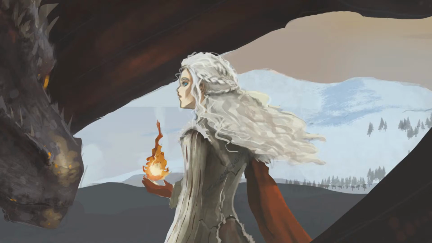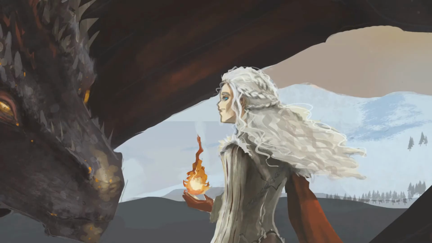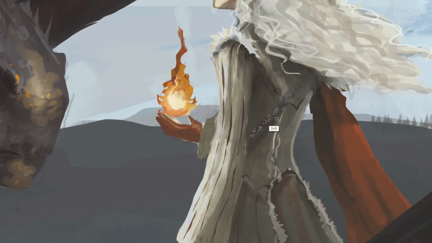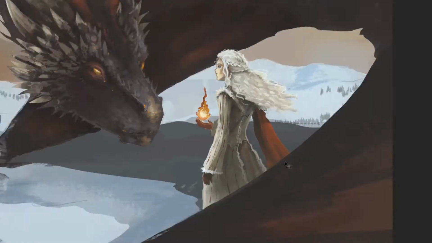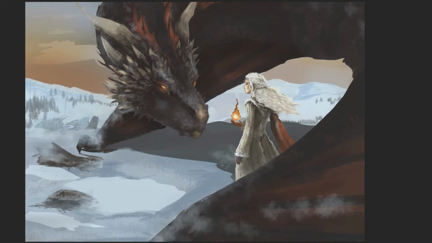I always used to be quite, well, I guess I still am, scared of changing the design. You spend so many hours painting it, and then you realize, oh, it's not quite working. I don't want to start again. I don't want to do this whole thing again. But sometimes if you allow yourself to change things slightly, or look at it from a different angle,